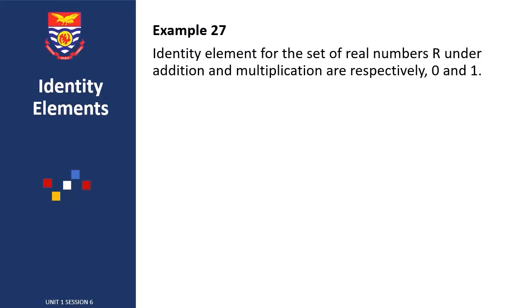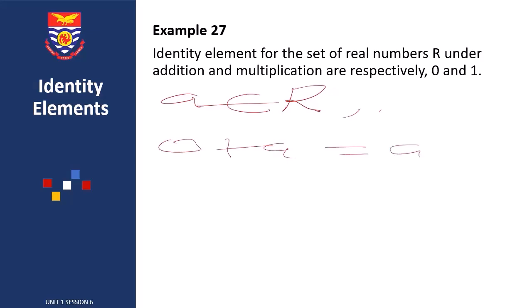So here, let A be a member of this big R, the real numbers. Now when I take 0 plus A, what do I get? I get A, and then A plus 0 equals A. So the left identity element operating on A, I get the same A. The right identity element operating on A, I get the same A. In this instance, we say that 0 is the identity element for addition on the set